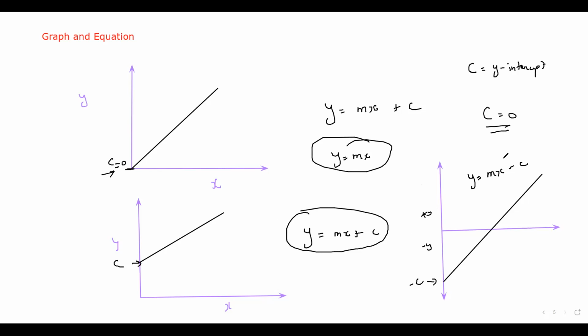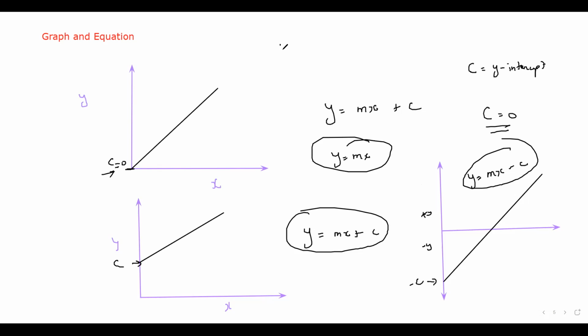So why are these equations important? Because using this equation, you can recognize or identify the type of the graph. How can you identify the type of the graph? Where m in this example is the gradient of the graph, where m is equal to the gradient or slope of this graph. So for example,